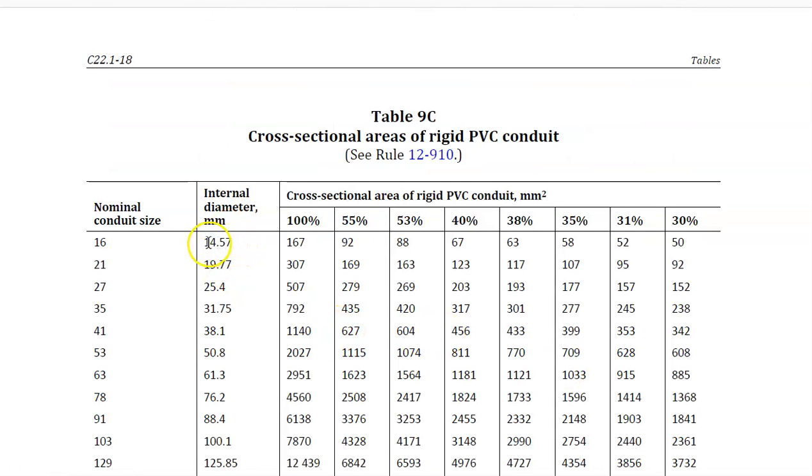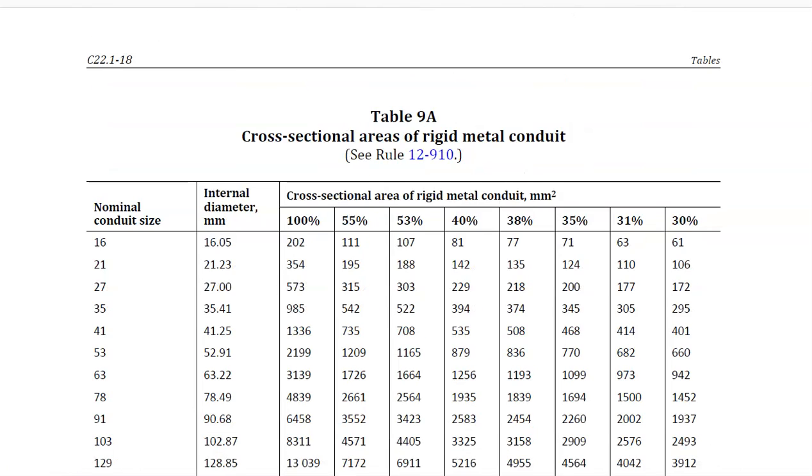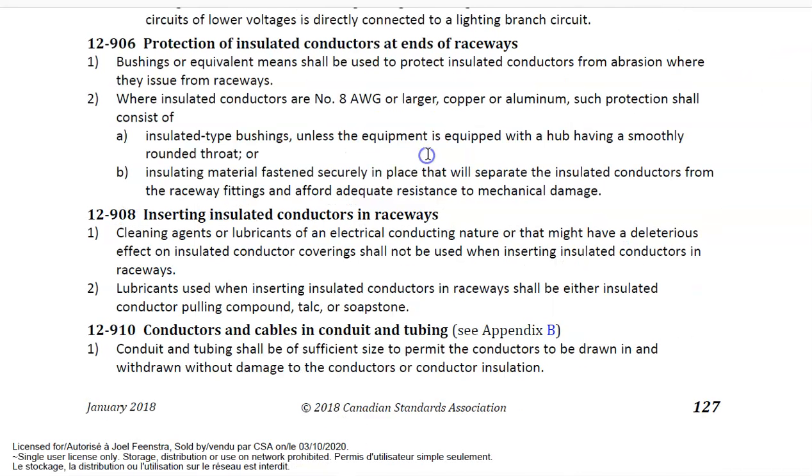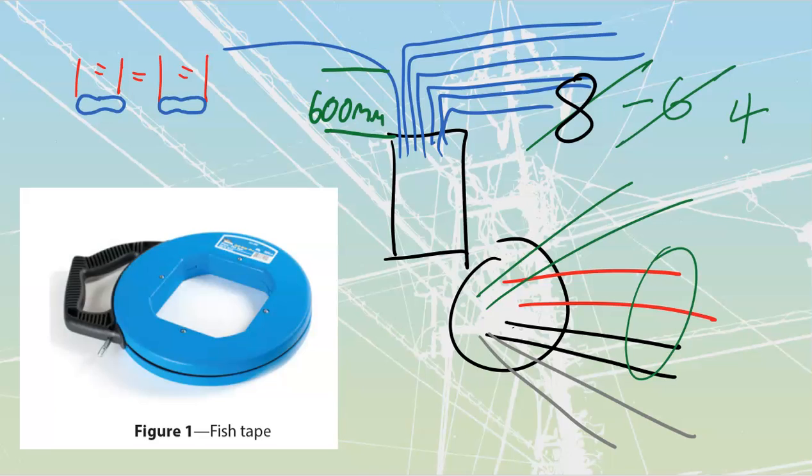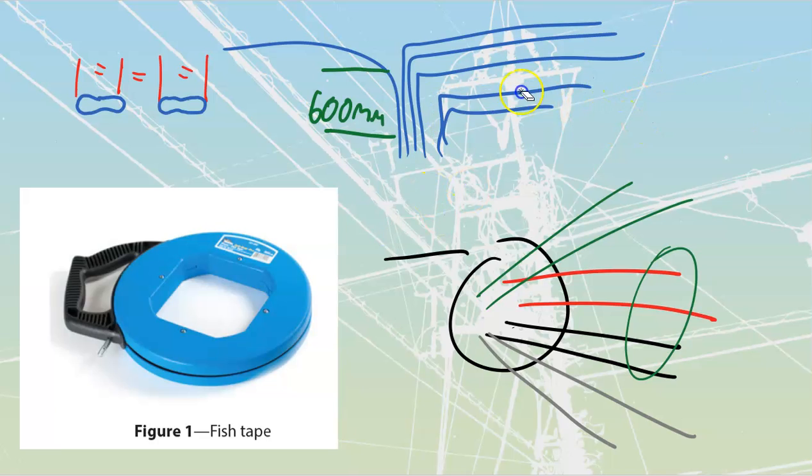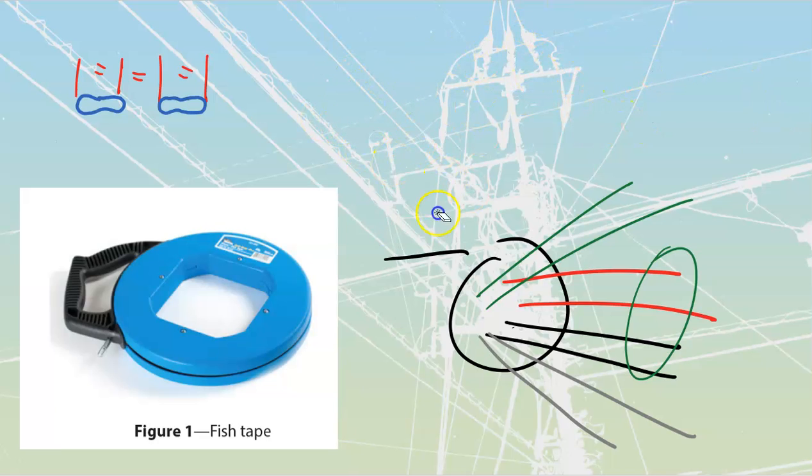PVC gives me less usable space inside, because PVC is plastic and it insulates and holds in the heat. We don't want to do that. That would heat stuff up. Basically, if you're ever wondering why we've got these different sizes, it's all to do with this concept of heat sinking, where the better the material we use for our conduits is at carrying heat away from the outside of the conduit,